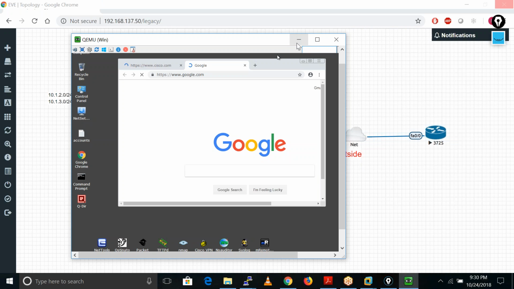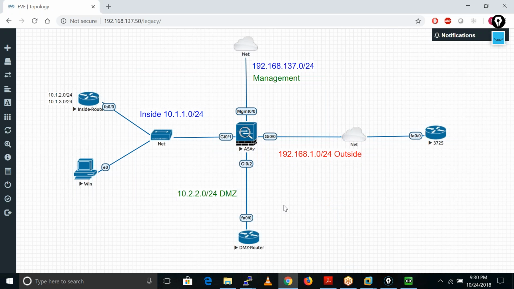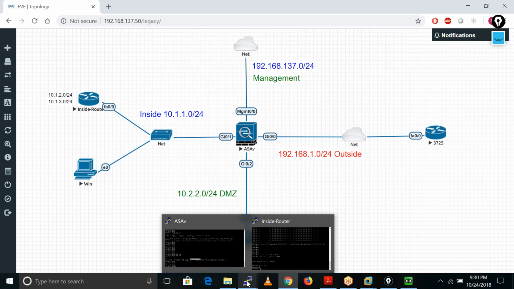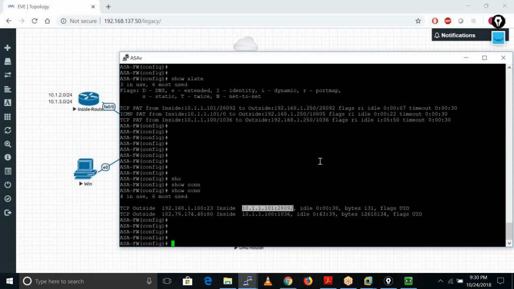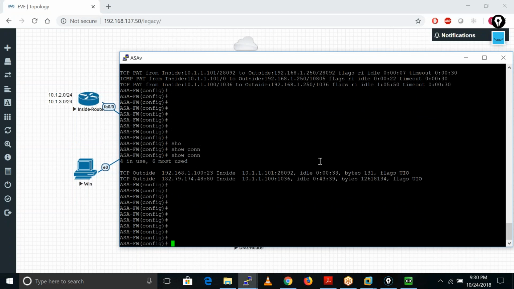Because now you are strong enough to understand the packet flow, as packet flow is a very lengthy topic. Nadeem, you have checked my YouTube videos regarding packet flow. I am requesting you all to go through at least once with that video, packet flow for Cisco ASA firewall. If I check my connection table now.